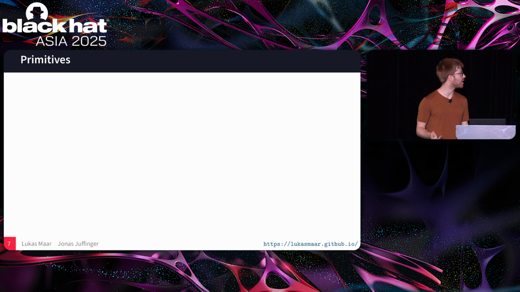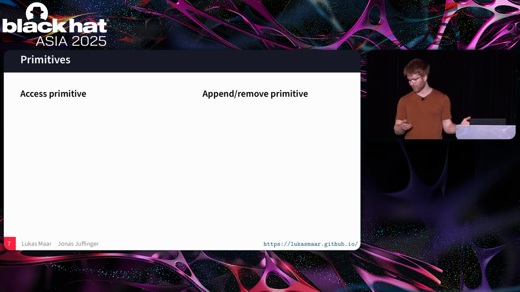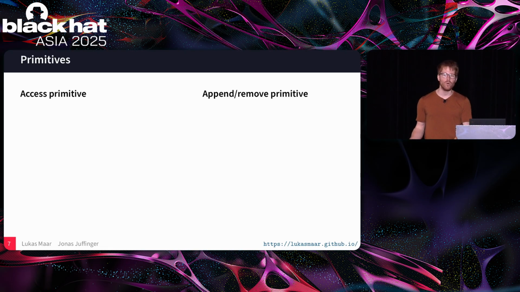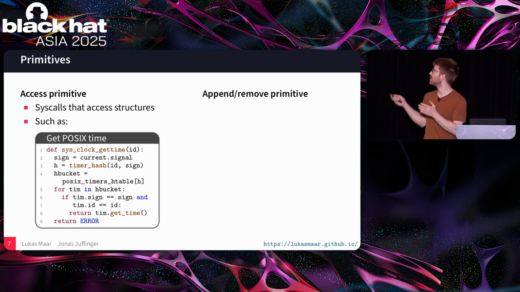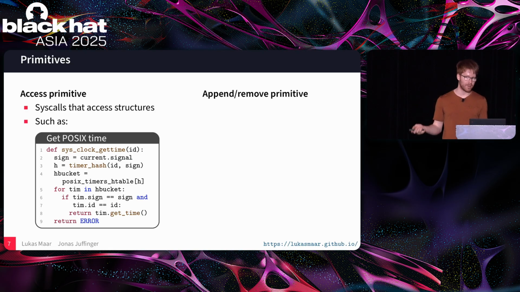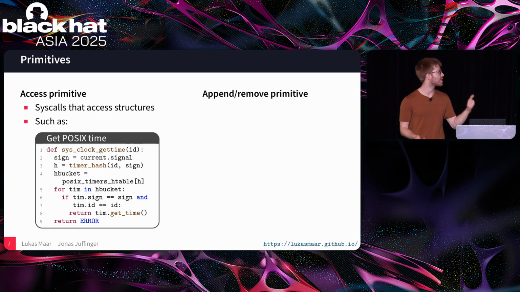But before we go into detail of which security-critical information, we need some kind of primitives. The first primitive is an access primitive, and the second primitive is an append and remove primitive. Access primitives are very simple: they are syscalls which internally access structures, in our case hash tables, and there are a lot of such access primitives, but let's consider this very simple one. Later we will show a more complex one for the actual attack, but in the beginning let's consider getting the time from a POSIX timer. The syscall for it is clock_gettime. It takes one argument, the identifier of the timer,